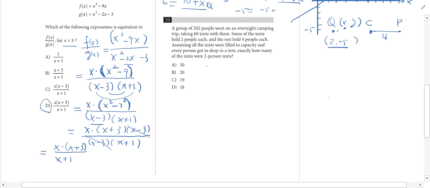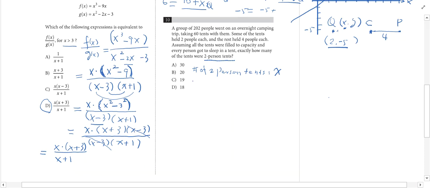Normally when we solve an equation, for most of the questions we set the variable for what the question asks. So the number of 2-person tents is x. If you have x tents for 2 persons,